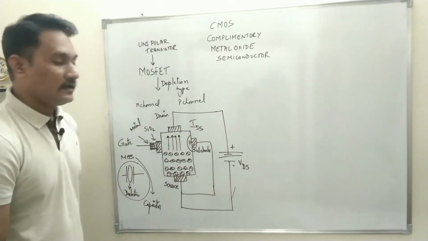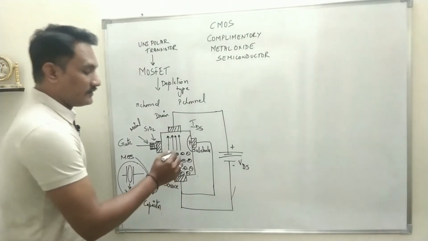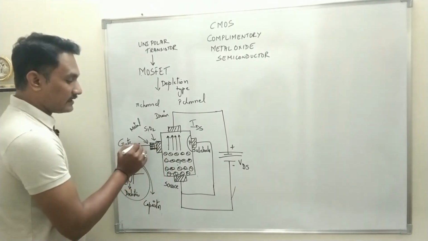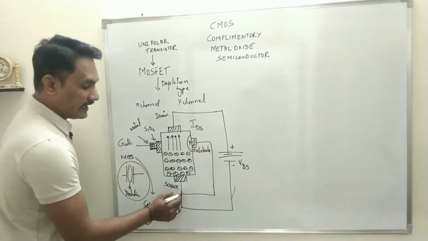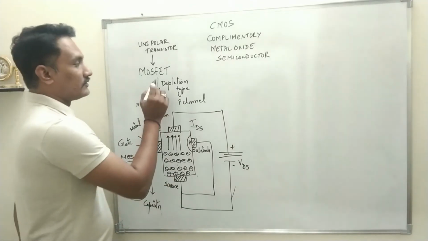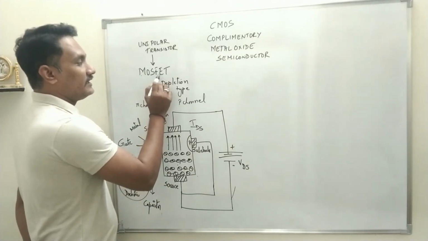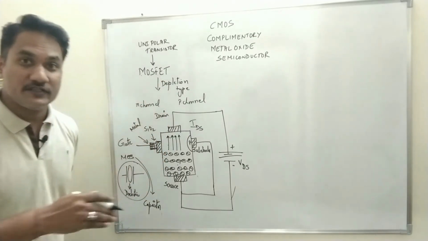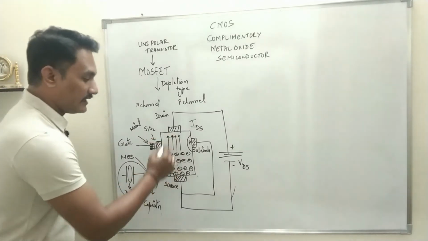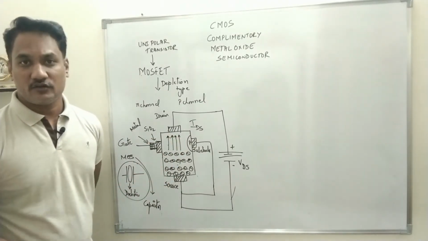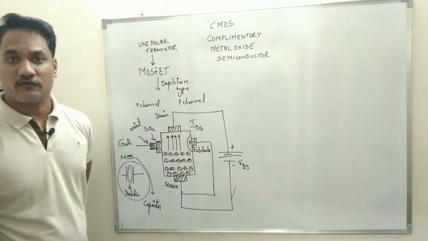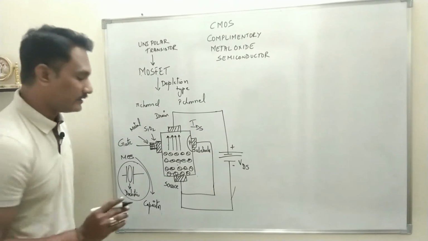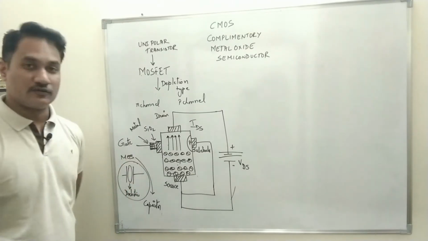constituting current IDS. Now the current flowing through the transistor will be controlled by the external field applied between gate and source. That is why it is called FET, field effect transistor. The external field which you apply will affect the current flowing through the transistor. Here we are using the transistor as a switch. Either the current has to be completely flowing in the transistor, or there should not be any current flowing. So that type of polarity has to be applied.